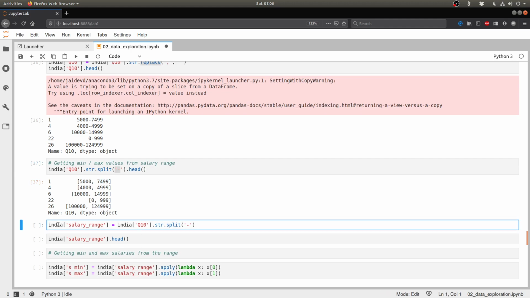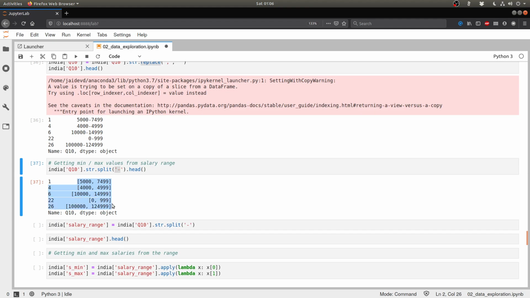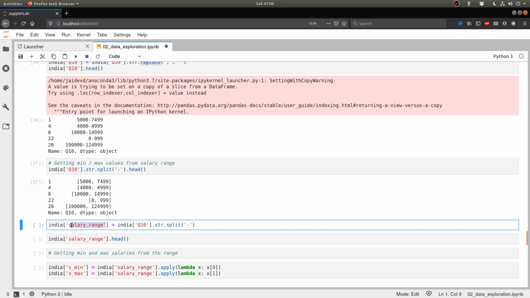So in order to keep this data as a new column in our data frame, we are going to create a new column called salary range, which takes the Q10 column and calls str.split with the hyphen as the delimiter, the splitter.